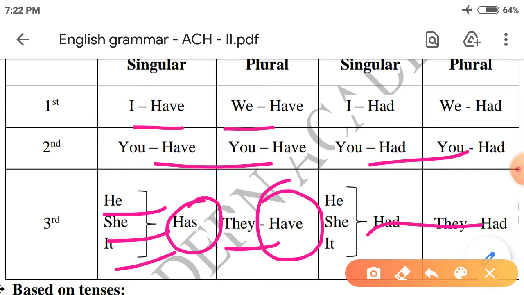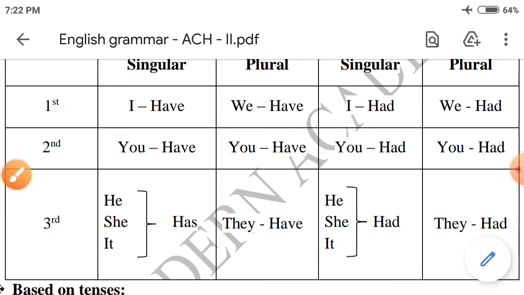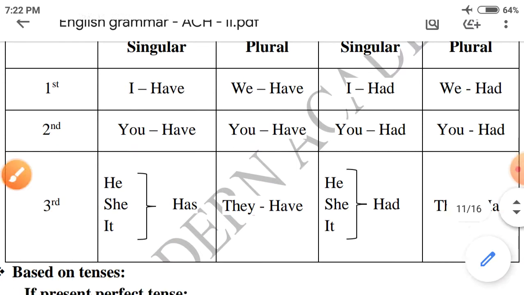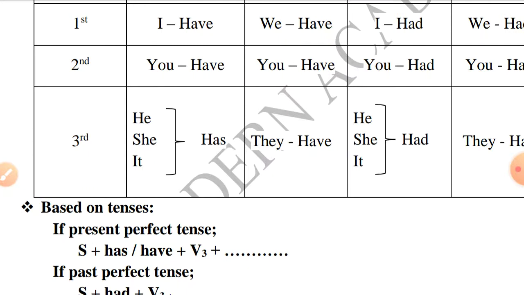So in the present tense, where we have to use have when the subject is I, we, you, they. In the present tense of have form, where we have to use has for the third person singular, he, she, it. Understood? Now, in the past tense of have form is had, where we have to use had whether the subject is first person or second person or third person, it may be singular or plural. Any places we can use had. I hope you understood. Okay, so this is a recorded video, you can watch again and again.